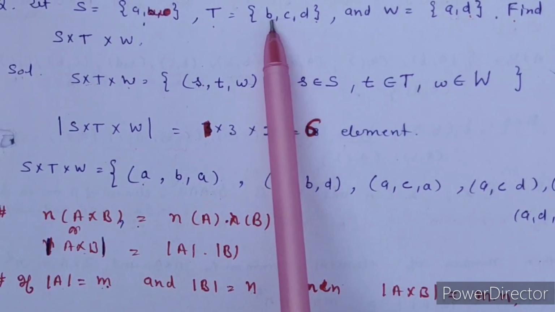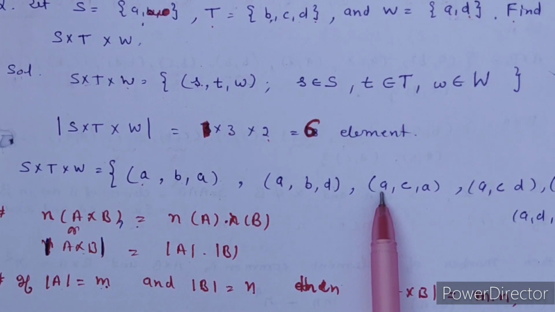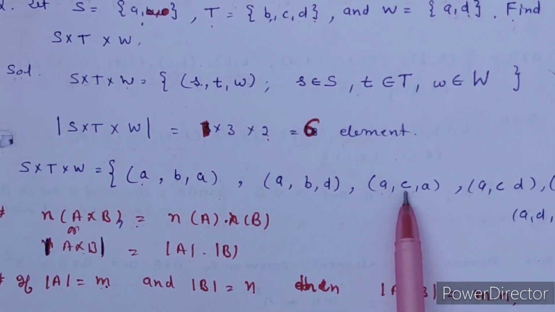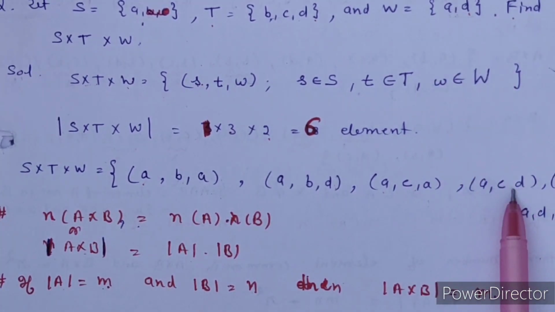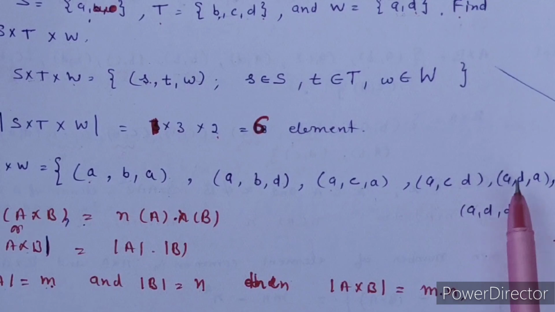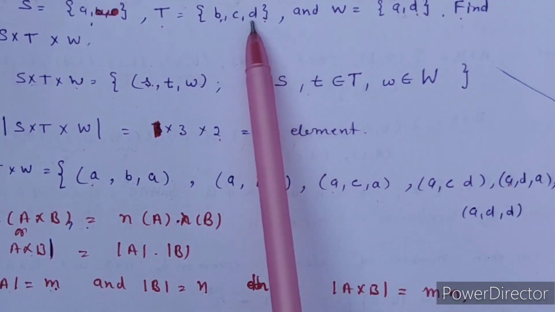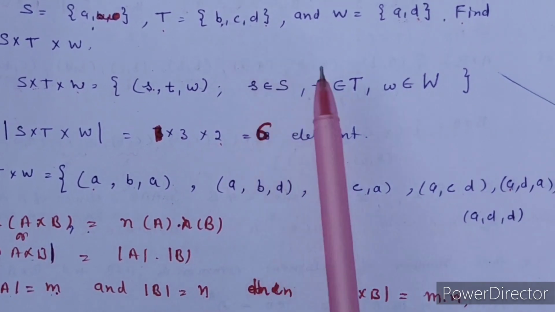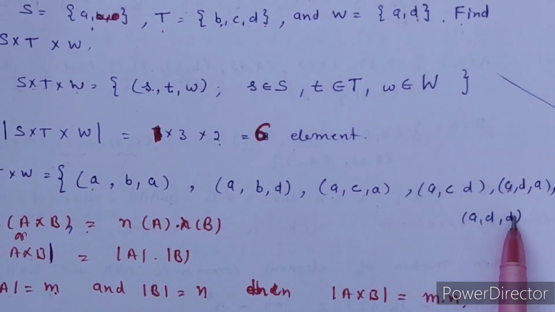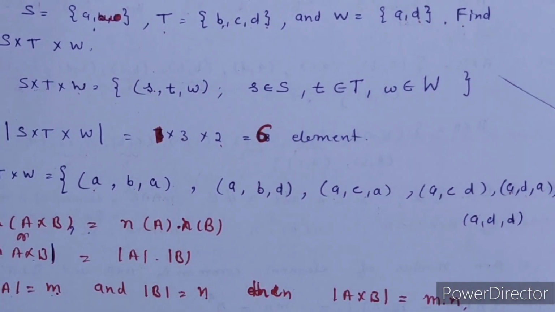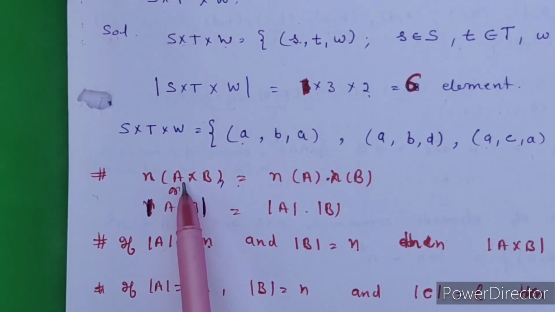Now in the second position I will take the second element, यानी कि in the first position the element of S, in the second position I will take C, and corresponding to this first A, in the second case I have taken D. Similarly first position A, now you will take the third element of your T set, that is your D. Now you will take first A and then your D. So there are total n elements. Okay, now you can write the number of elements in the Cartesian product.